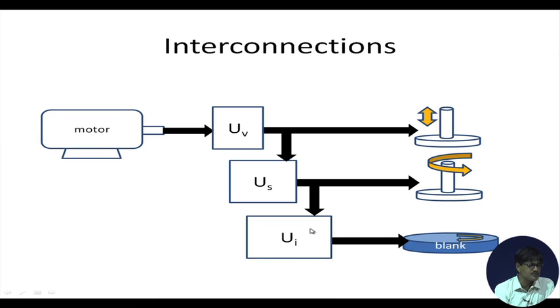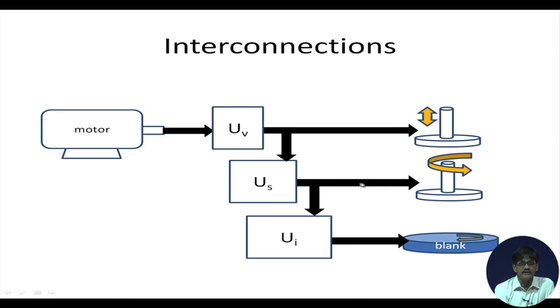Who is present in this loop? Symbolically, we have shown only UI. Only UI is present between the cutter and the blank, and that way this configuration is correct. And if UV is changed, it